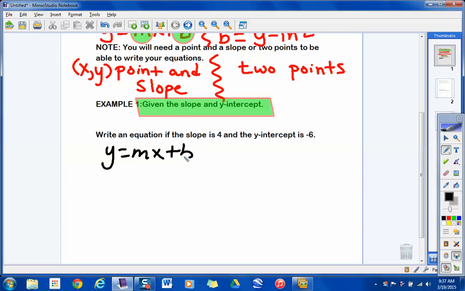I'm going to underline the m and I'm going to underline the b. We need to figure out what the slope is. We need to figure out what the y-intercept is. Well, the nice thing about example 1 is that you're given what? 4 and 2. 4 and 2 is what? 4. Okay. Keeping in mind, guys, when we write these equations